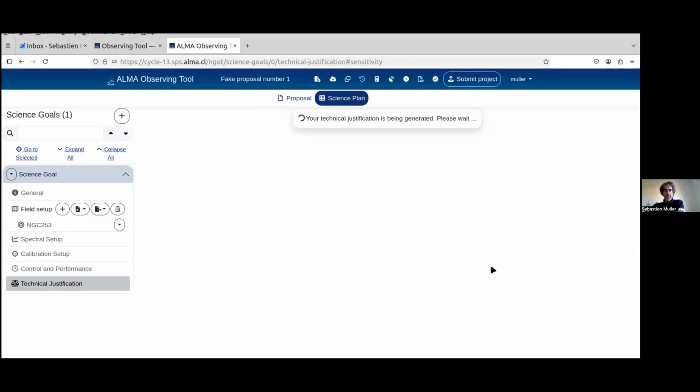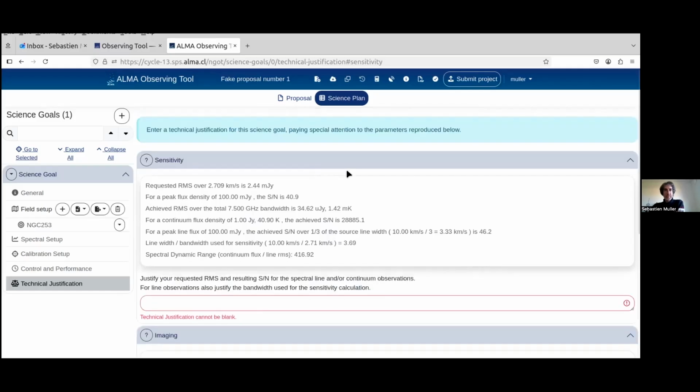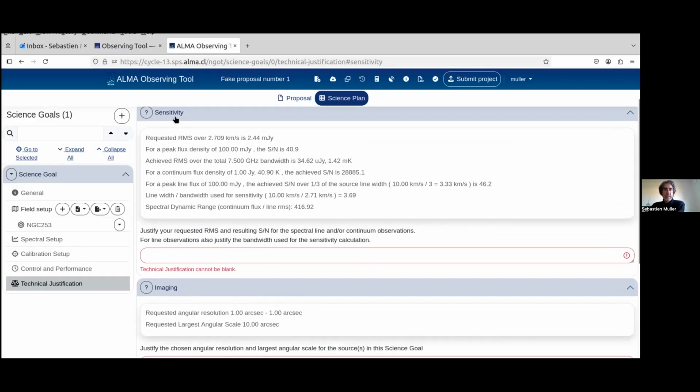I will just show you here. So you see, for example, I strongly advise you to make the proposal not the day of the deadline, but way in advance, because I guess maybe the load on the web-based tool will be very high closer to the deadline. So please prepare your proposal well in advance. Okay. So the information that you will have to enter depends on your setting, but at the very least,